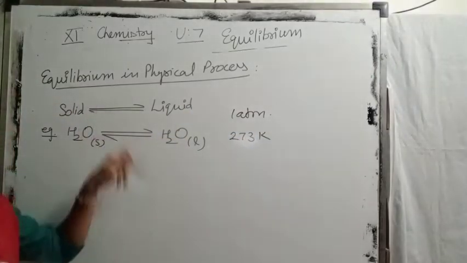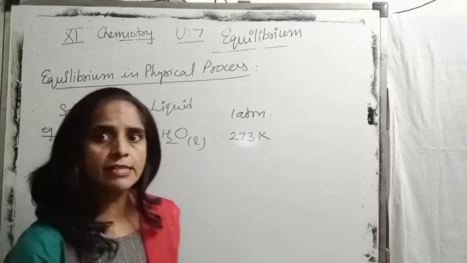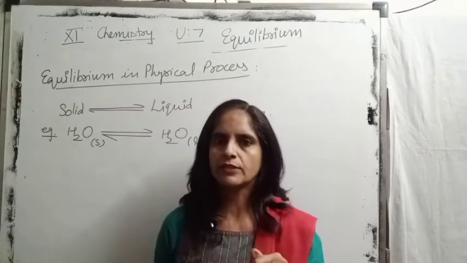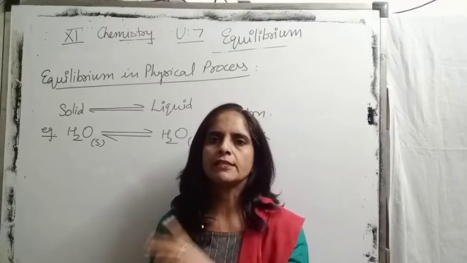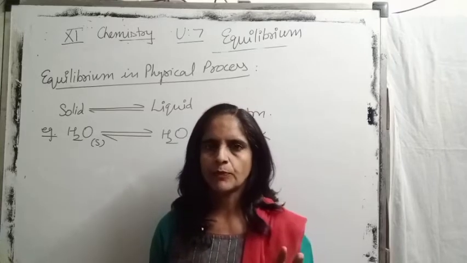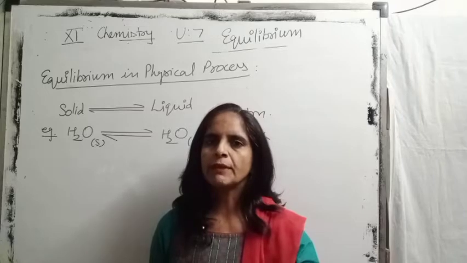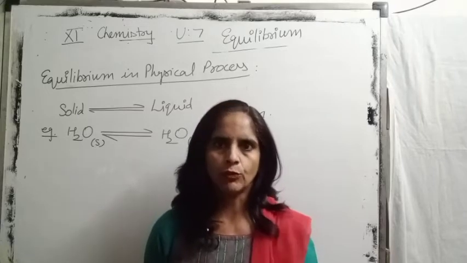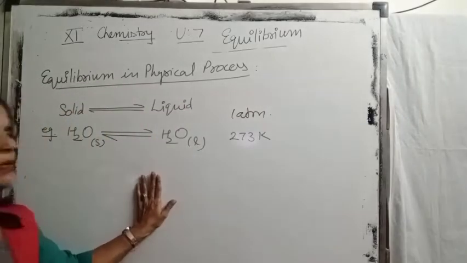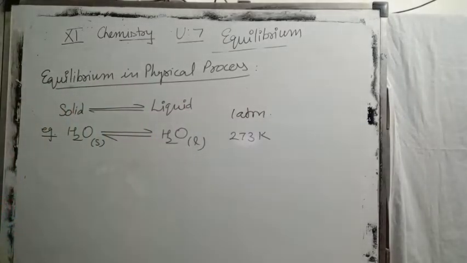If you remember, just now when we were discussing the characteristics of equilibrium, this was one of the characteristics: at equilibrium, all measurable properties of the system become constant. If we try to change these properties, we cannot get equilibrium, meaning we are disturbing the equilibrium. So I think now this first type of physical equilibrium is clear.